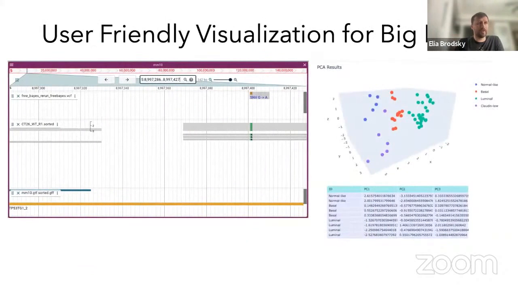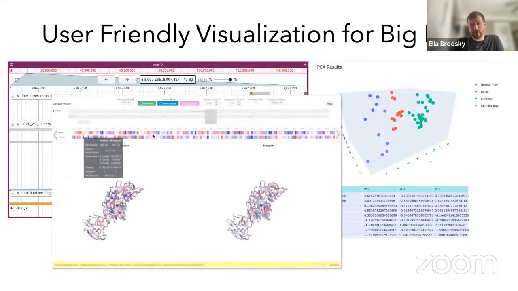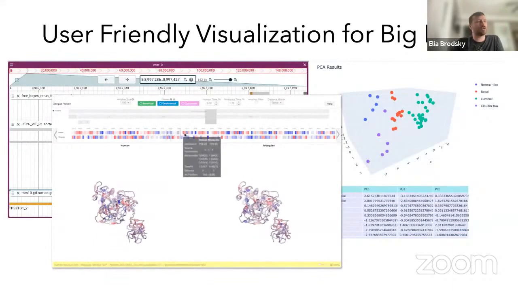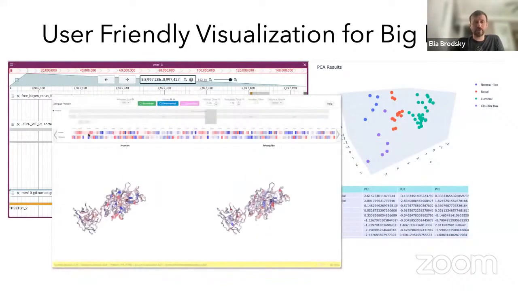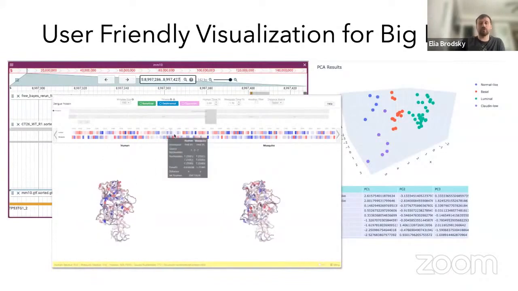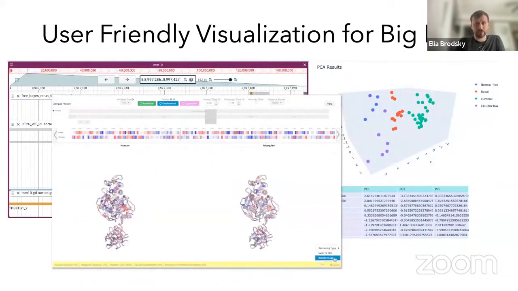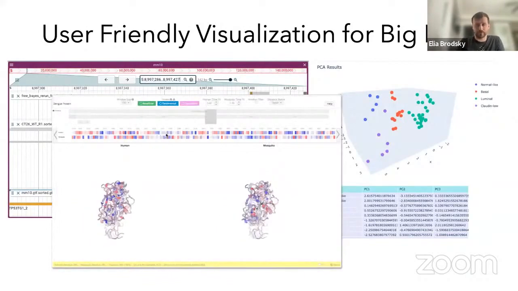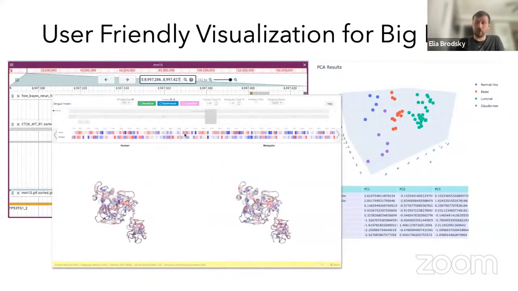In addition to that, we also offer different types of updated visualization options that we have recently been working to update. And those include standard visualizations like JBrowse 2, different types of interactive visualizations like you can see the PCA on Plotly, as well as custom things that we develop for specific projects that seek to integrate complex data sets together and provide a researcher with an opportunity to explore their data without having to deal with the complexities of multiple sources of information in several different formats.